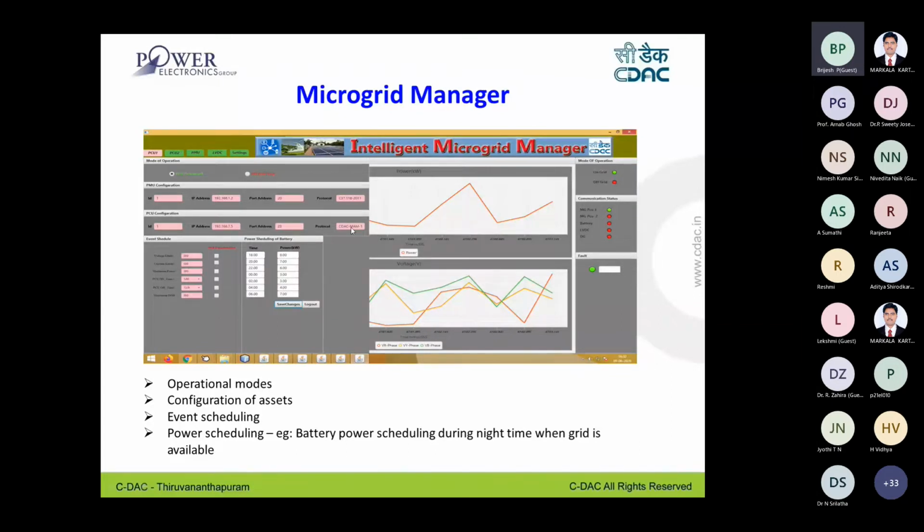Whether it should be on-grid or off-grid, and any scheduled isolation, all such things can be controlled with the microgrid manager.